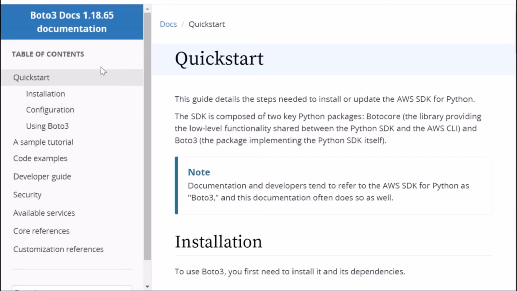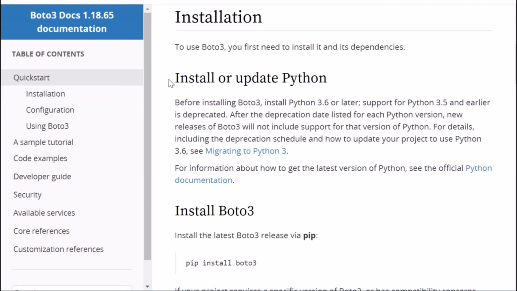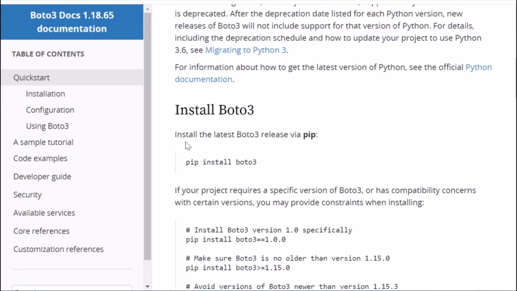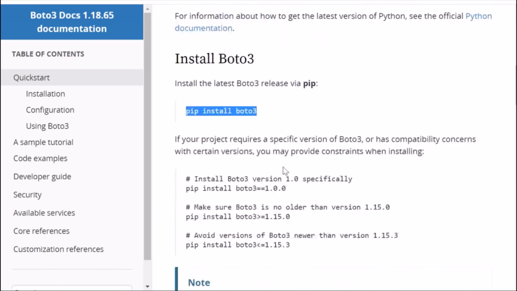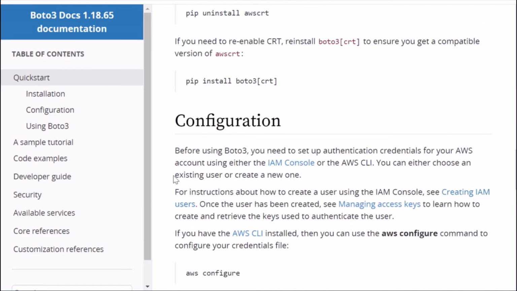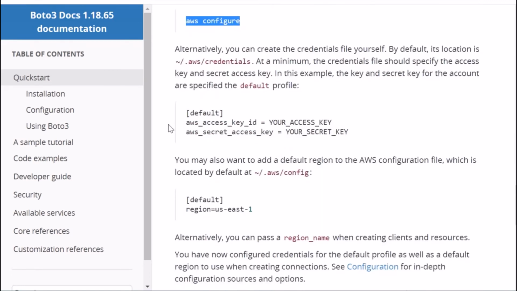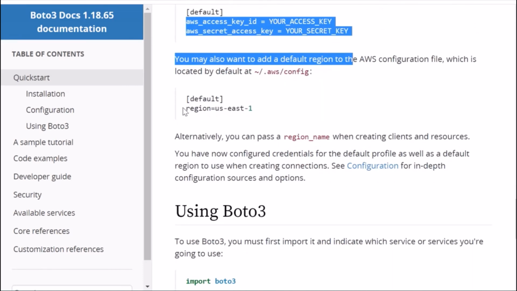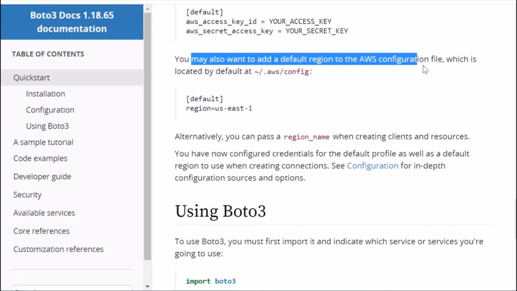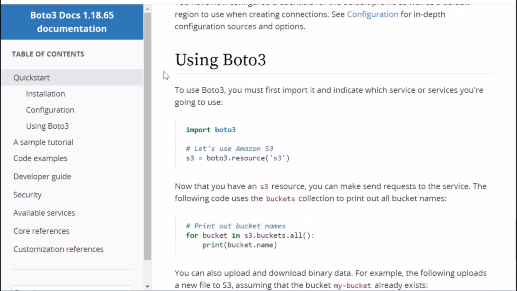We have a lot of documents here in the AWS Boto3 docs, covering installation and configuration, and how to install or update Python. Everything is provided in the Boto3 documentation. You can use the configuration commands, or just follow the video. I performed aws configure, and it asks for these four details. Wherever you want to execute, you add that region, and the output format can be anything.